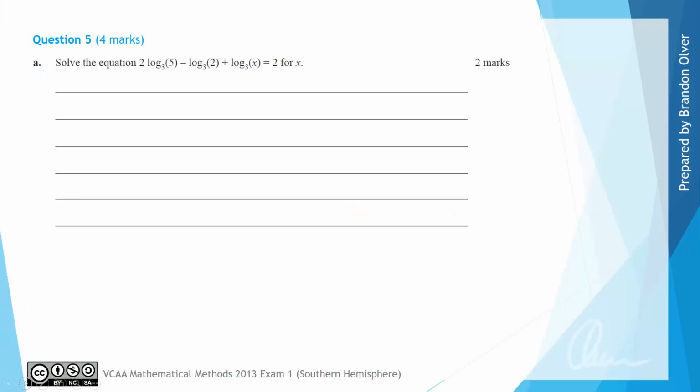For question 5a we're asked to solve the equation 2 log 3 of 5 minus log 3 of 2 plus log 3 of x is equal to 2 for the variable x. There are a number of different ways you could go about solving this, but I'm going to aim to get the log 3 of x on one side and everything else over to the other side. So our equation can be written as log 3 of x is equal to